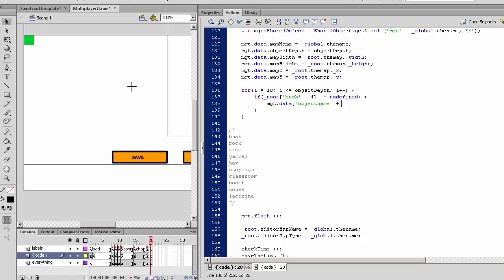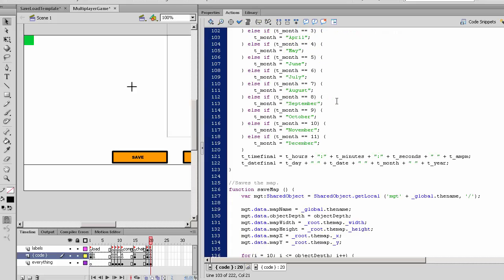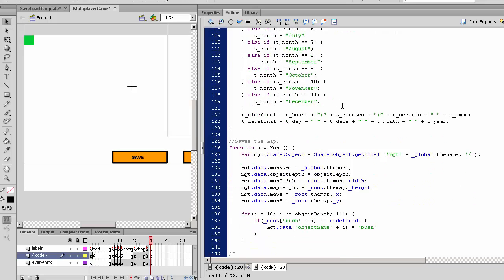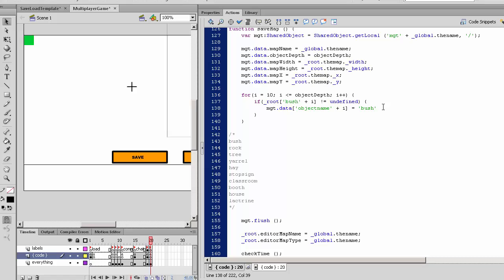So object name plus I will be equal to bush. Put it in quotes. So if this does exist, then make the object name of the save file bush,